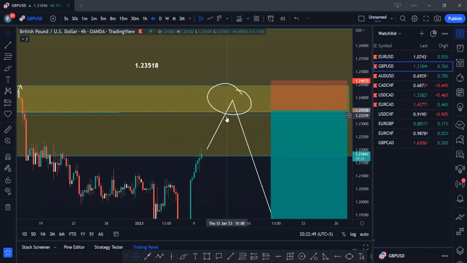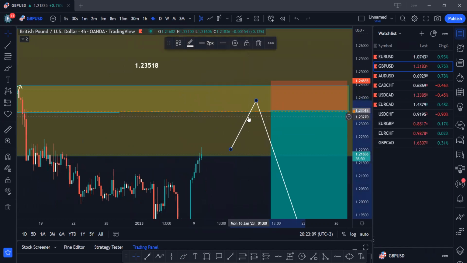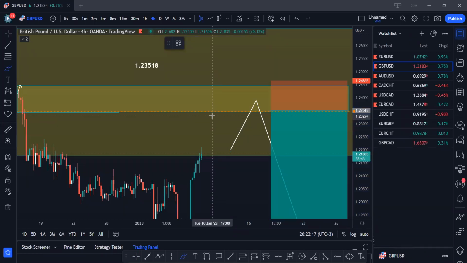When price gets into this block of supply here, as soon as it touches this first zone, at that mitigation, you want to, let me delete this, you want to go to a lower time frame, like your 15 minutes. So I recommend 15 minutes or 5 minutes at the least. So you are looking for liquidity, you are also looking for liquidation here. So when price gets here, let's say on your 15 minutes, something like this, you want to see some sort of an M pattern,